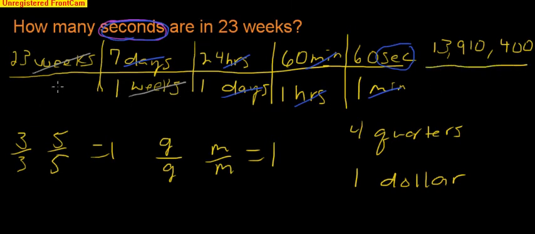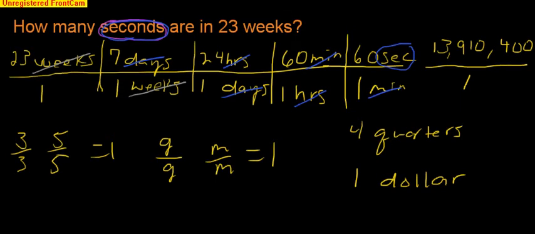So here we don't really put anything in this first box, but if we want to put something there to make us feel better, we can put a 1, or you can just leave it blank. Whenever you see the blank, basically that's just 1. So here if we take 1 times 1 times 1 times 1 times 1, all of that is equal to 1. So now we know that 13,910,400 divided by 1 is still